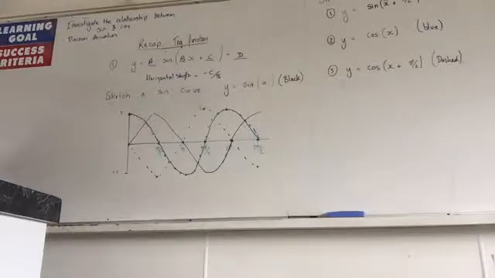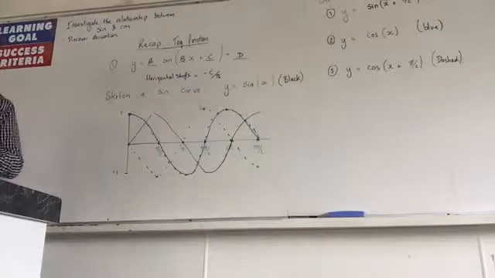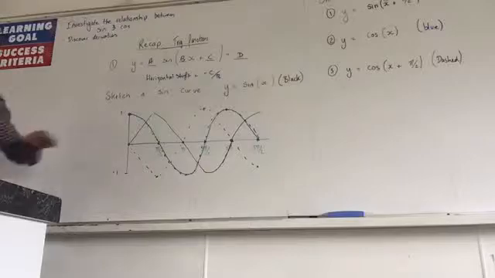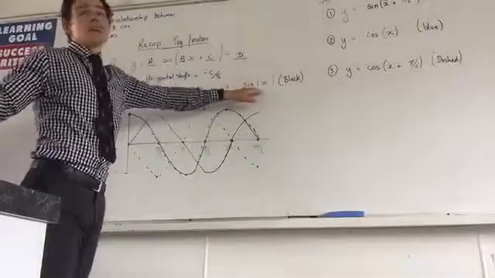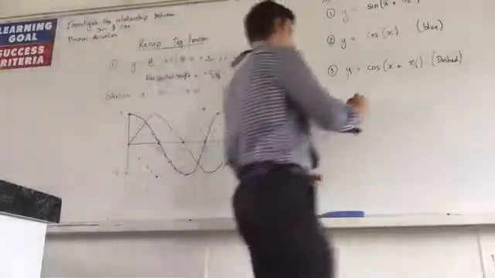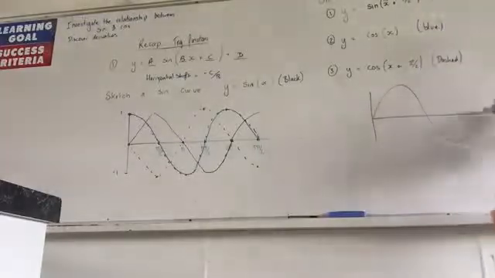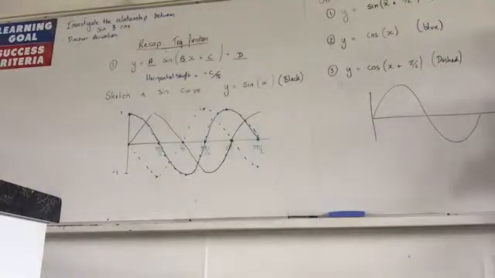Happy with that? So the nature of these oscillating functions is anything that is oscillating, you can translate it horizontally and turn it into another oscillating function, whether that is sine, whether that is cos, whether that's negative sine, whether it's negative cos. If I wanted to get, let's say I wanted to turn this sine function into a negative cos function, what would I do? So I'll draw a new sine function up over here. So here's my sine function. If I wanted to turn that into a negative cos,